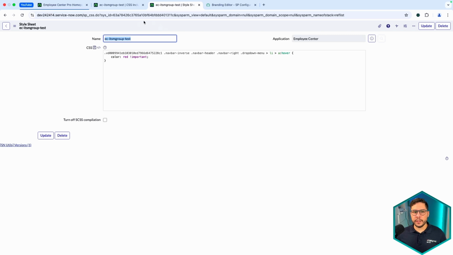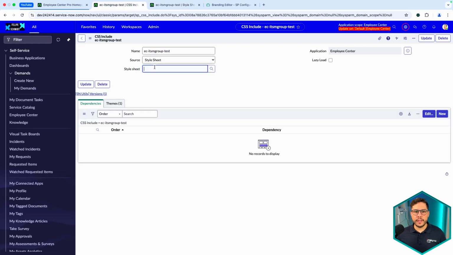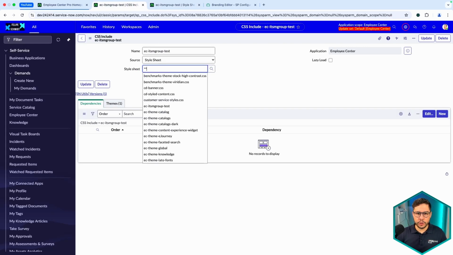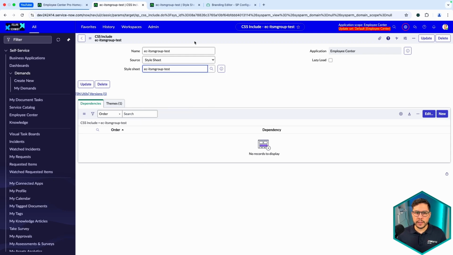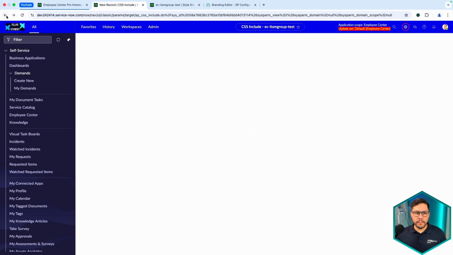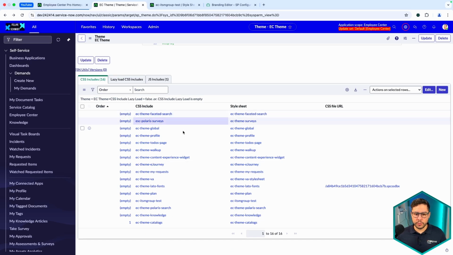With that, we have created our style sheet, and now we need to link our style sheet that we just created. So I can look for what I've just created. Perfect. Now, what we just need to make sure is we have created that in our theme, and this needs to be linked in the theme that we were just changing before.